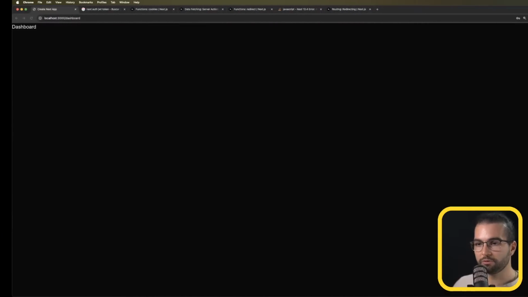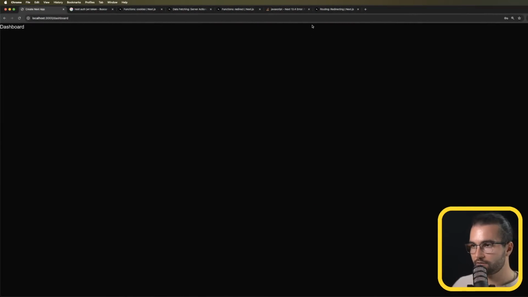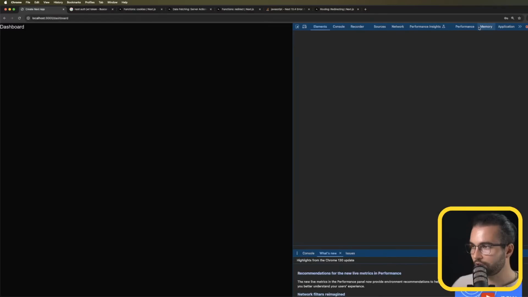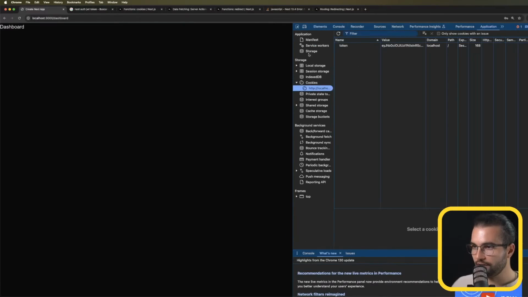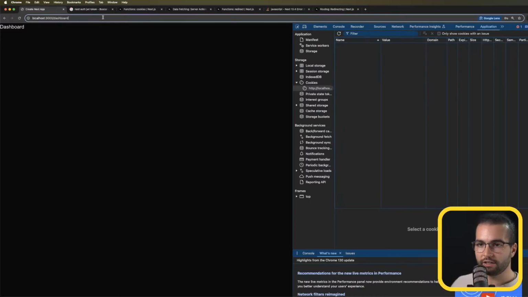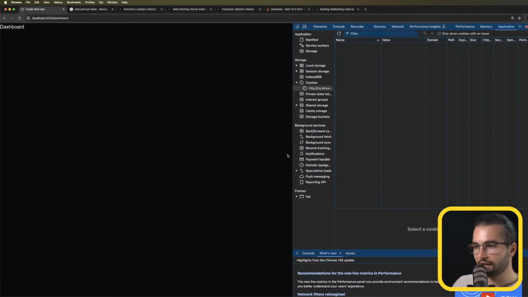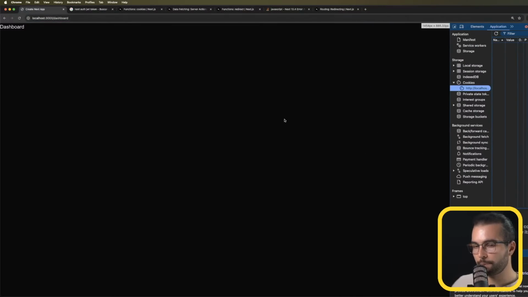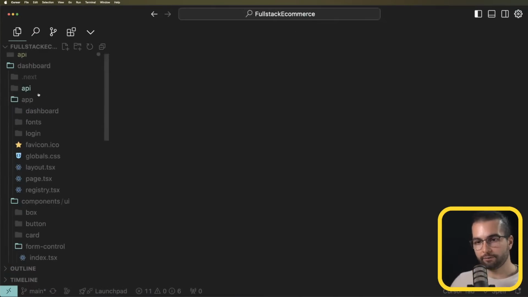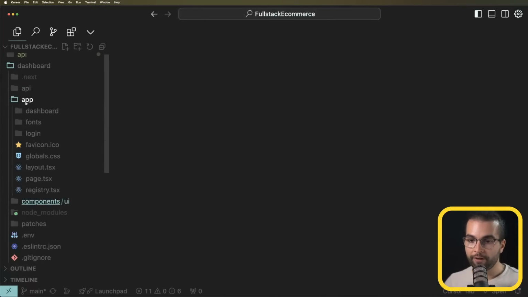Another thing that we should probably do here is, if we are not authenticated, if I go into my tools in the application and remove this token cookie, delete it, and then try to go to the dashboard, I should not be allowed to do that. So somewhere, and I think that is going to happen in the dashboard